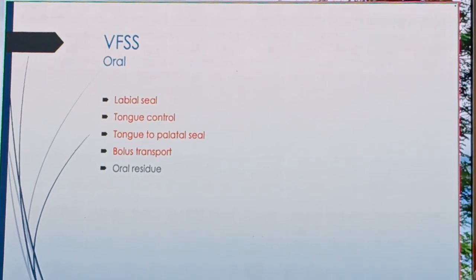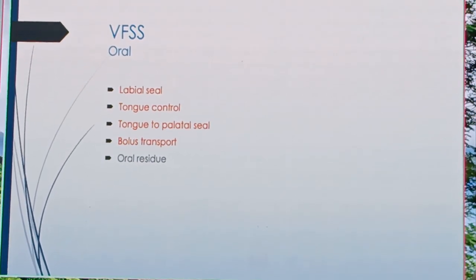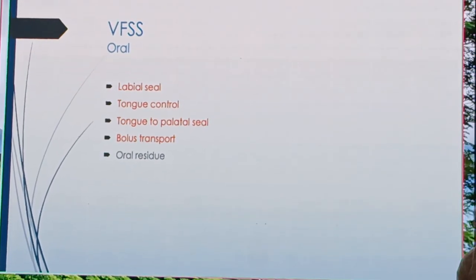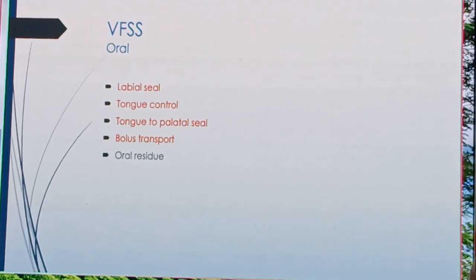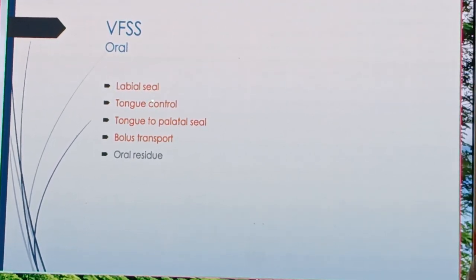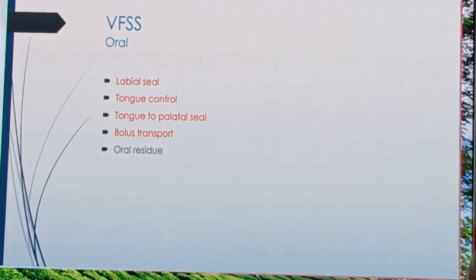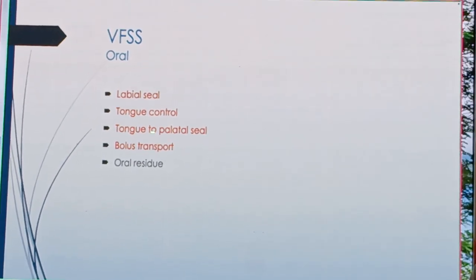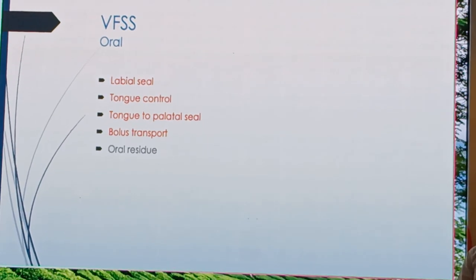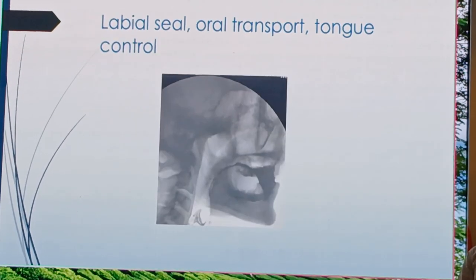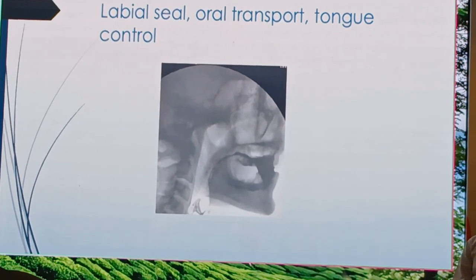Now starting off with the oral phase and seeing what a video fluoroscopy entails. The physiological parameters that need to be measured on a video fluoroscopy are the labial seal, tongue control, the movement of the bolus from the tongue into the pharynx, the tongue to palatal seal, and the bolus transport. Oral residues is not a physiological parameter. Now, this first video will tell us how a labial seal,